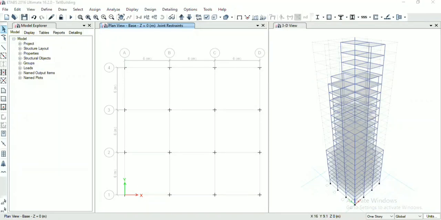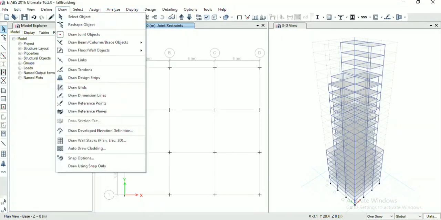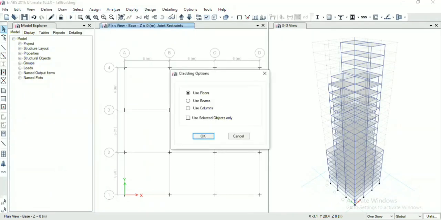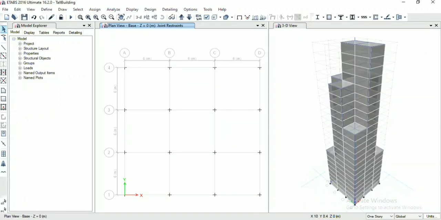And now we will auto draw cladding. For that, go to draw, auto draw cladding, use floor and OK. In this way cladding is drawn.